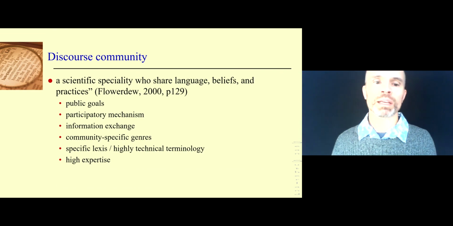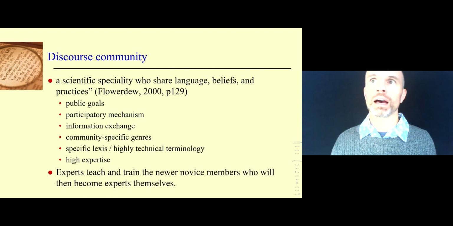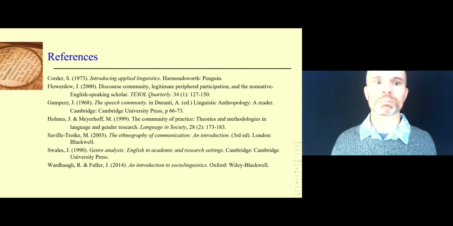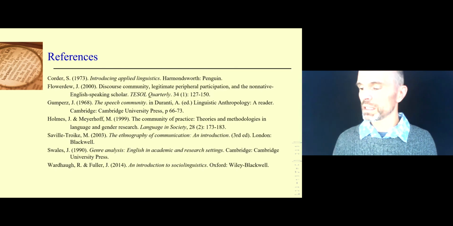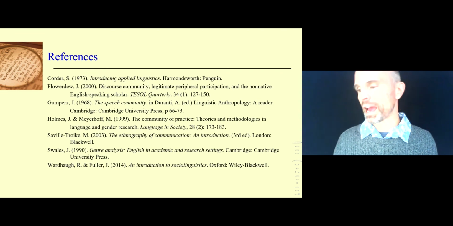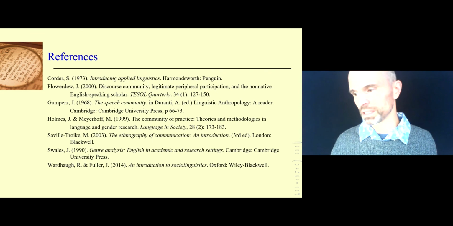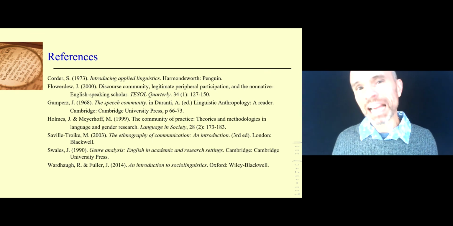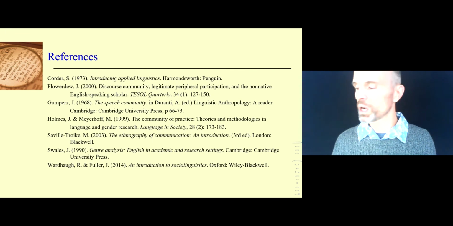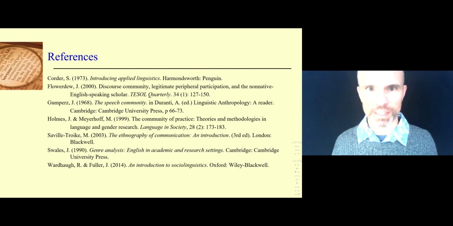So keep those three in mind as the three main types of group that we're talking about for this assessment: speech community, community of practice, discourse community. For your assessment, read about those, write your own summaries of what they mean, and then follow the rest of the procedure in terms of guessing, hypothesizing about the group of people you want to research, which of those three labels best applies to them.